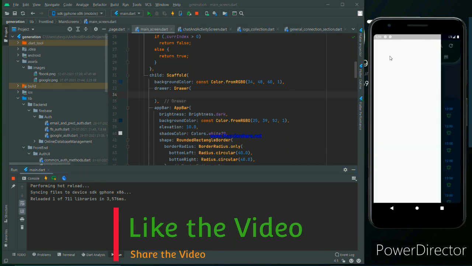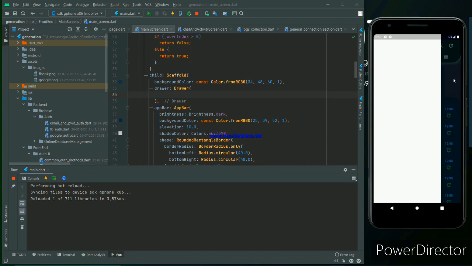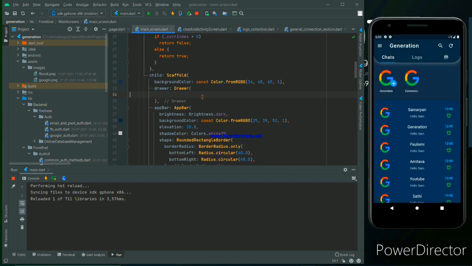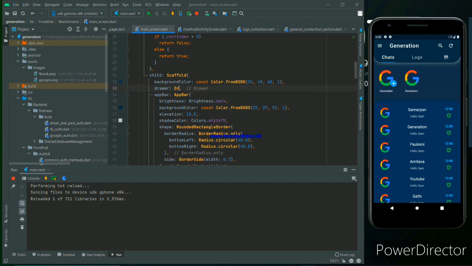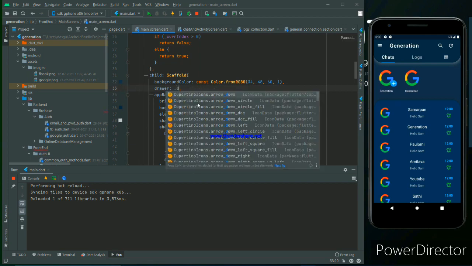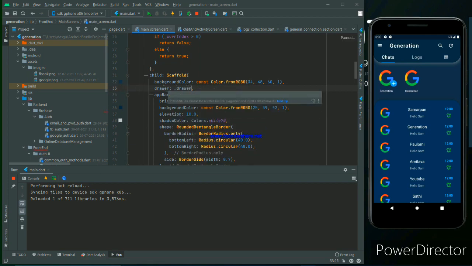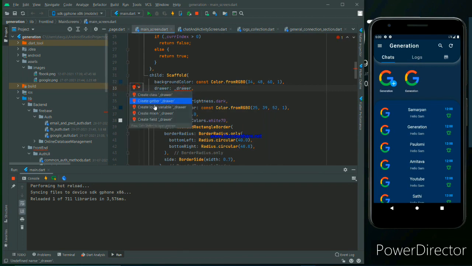When we click that, there is a pop-up, but it's not matching our app screen color. That's why we have to set the color and other things as well. So we make the drawer not here, just like another method, otherwise there may be cluttered or not organized code as well.